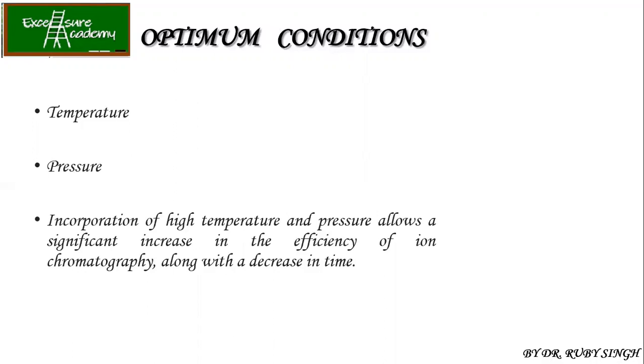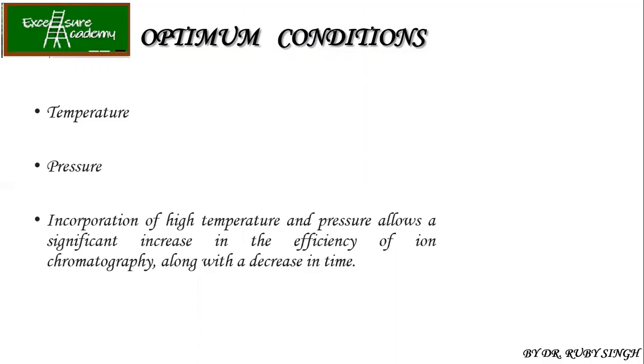Now we talk about pressure. If you're doing the conventional method, there is no need to check for the pressure, but if you're using an automated machine, then you have to check for the pressure. It will also determine the flow rate. Otherwise, in the conventional method, it is because of gravity. So the flow rate depends on how nicely, because of gravity, the proteins are getting eluted out.